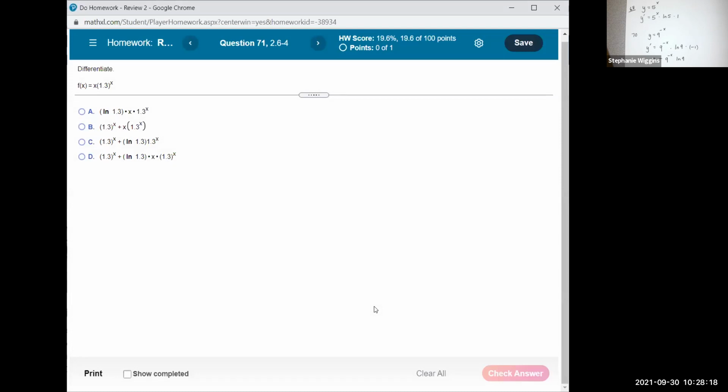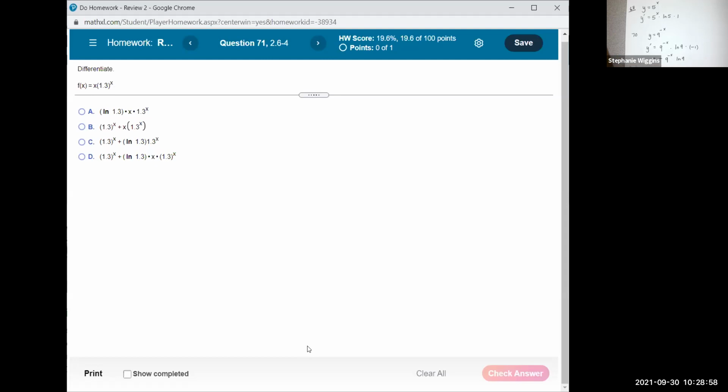So it looks like B is the correct choice. All right. Now this one is a product of x and 1.3 to the x. So x is just a linear function, and 1.3 to the x is an exponential. We have 2 different functions multiplied, so we're going to use the product rule. It's the first function times the derivative of the second. The derivative of 1.3 to the x is, well, I better just do this problem and then we'll look at the answers. I was going to try and do it on the fly, but here,